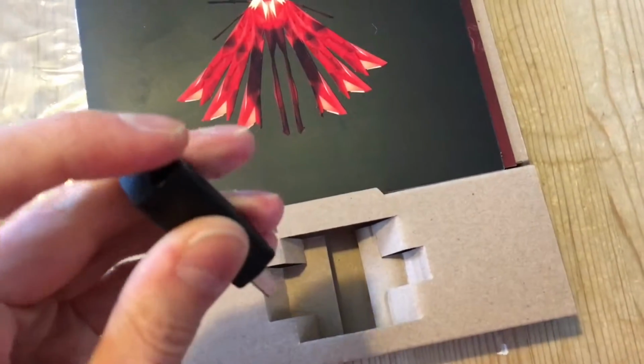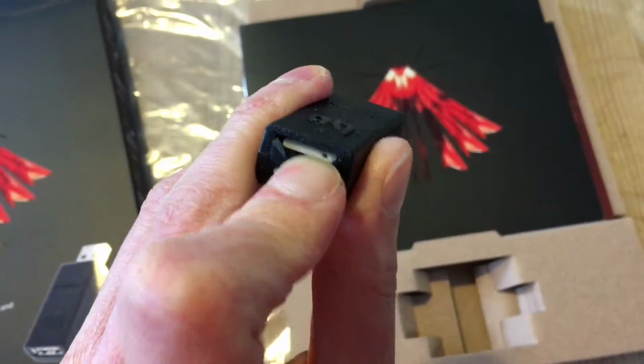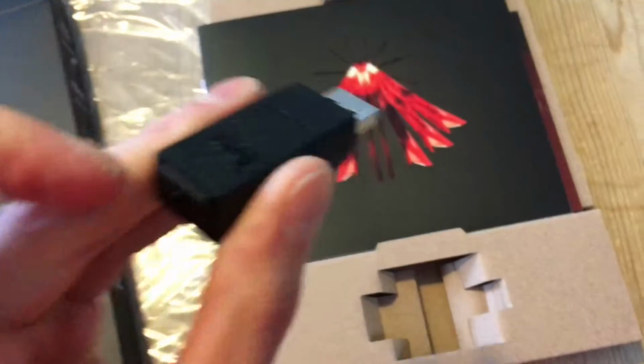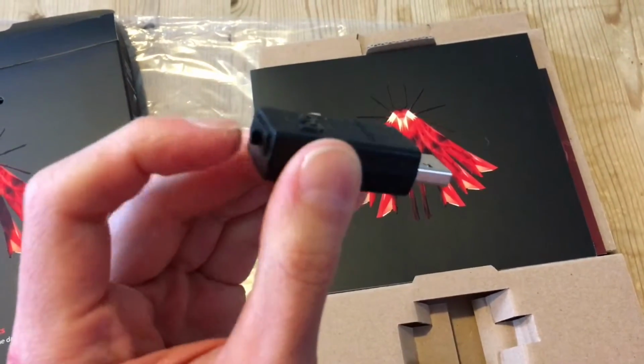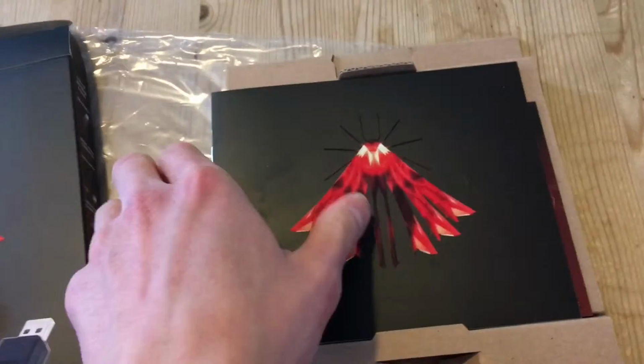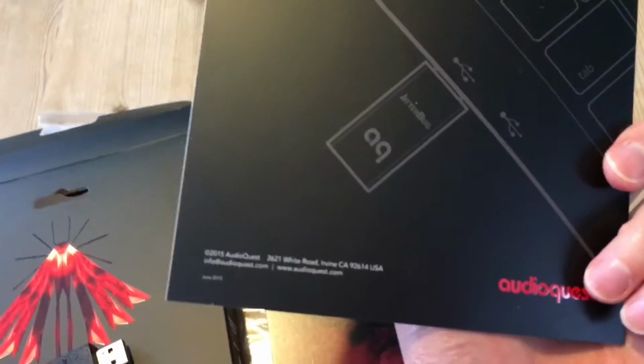So I can see a female USB connector there, but I'm not sure how to get to it because this rubber or silicone flap feels a bit solid. So put that aside for now. That is probably a product manual,